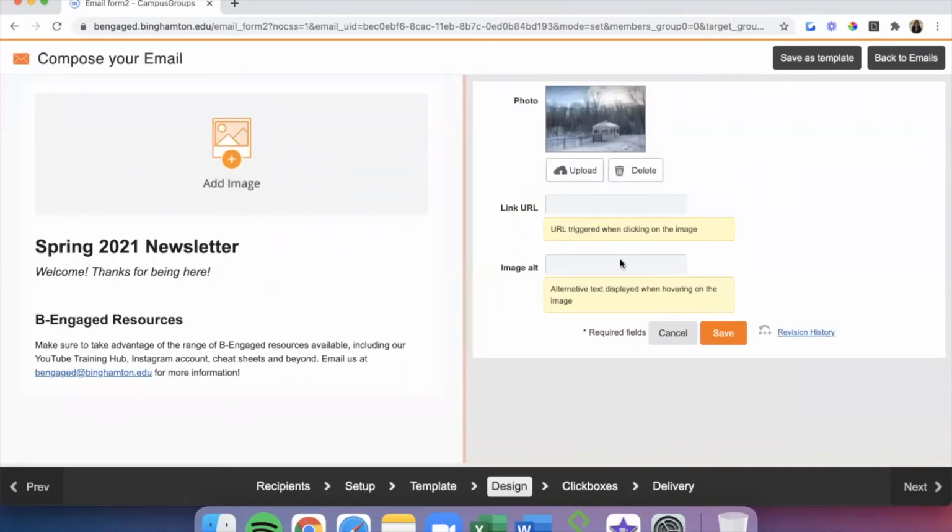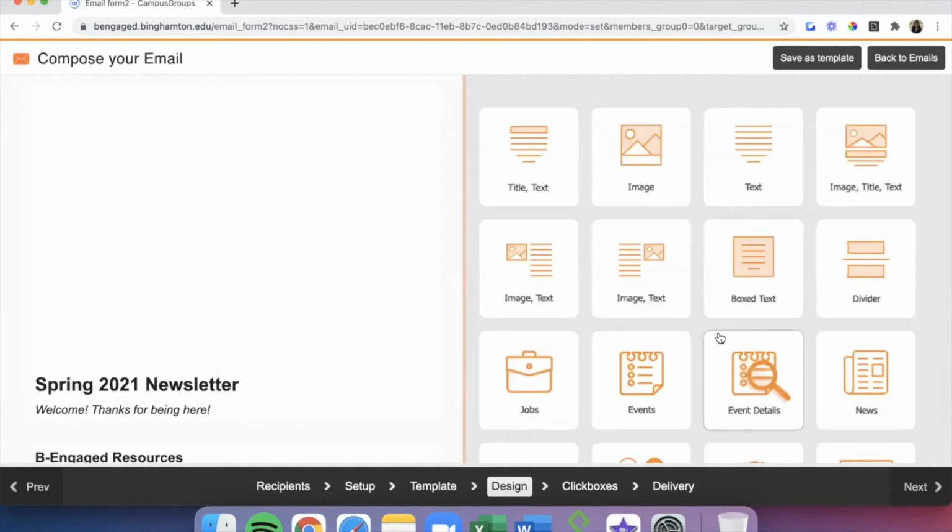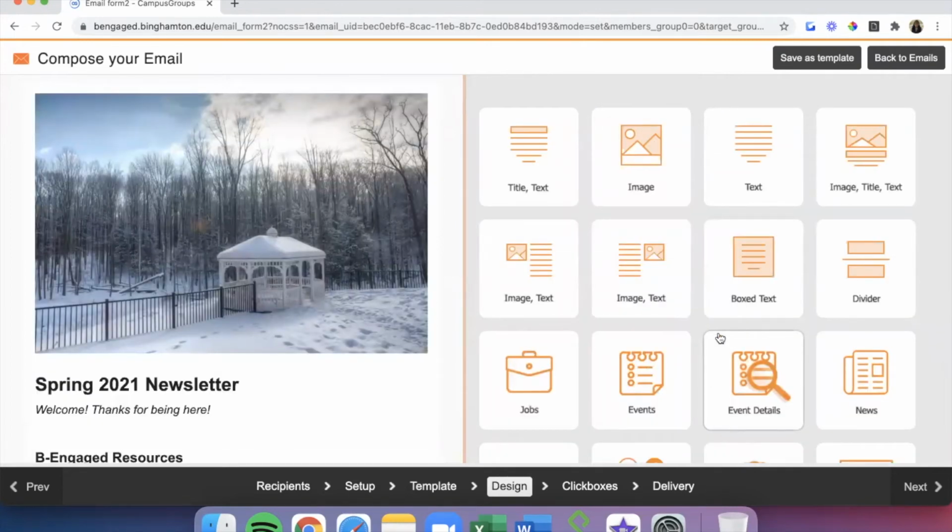You'll then see the image displayed. You can then add a URL or alt text to the image as well. Once you're done, click the orange Save button at the bottom of that section. You can repeat this process for as many sections with photos that you have in your template.